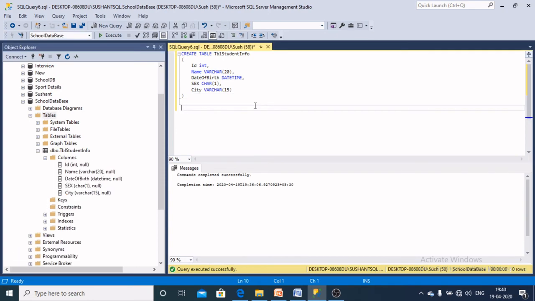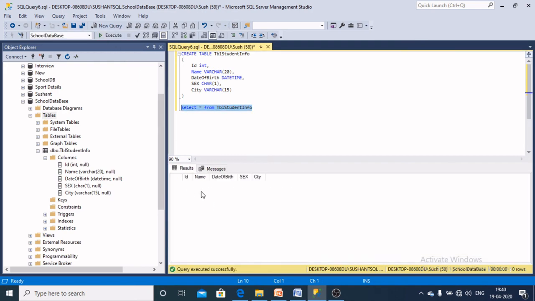After that, to open the table from a query, we have to write a SQL query, select star from table name, and just select the query that you want to execute and click on execute. Here you will see all the column names from the table. We don't have any data in the table, so that's why the table is showing blank.